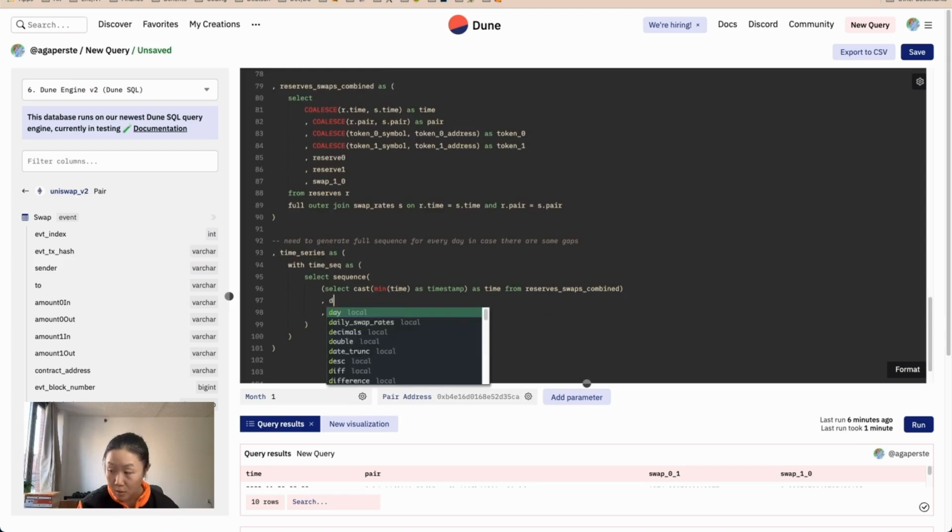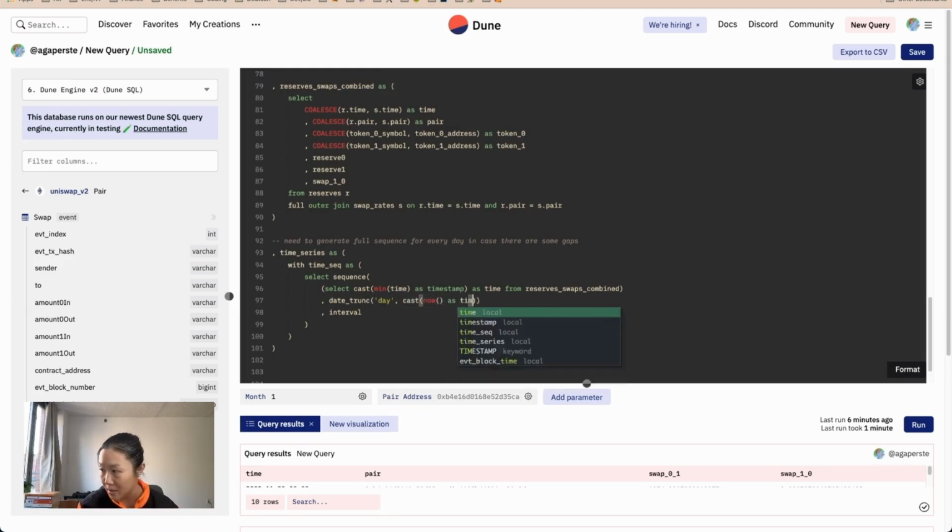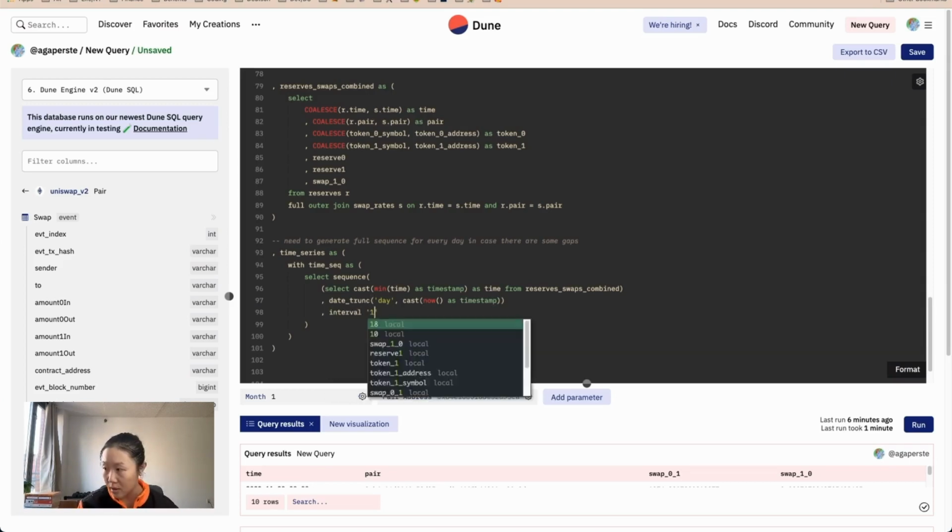The end would be today, so date trunc day of now: we're casting now as a timestamp, and then date truncating now to today's date. And then what is our interval? It's going to be interval 1 day. We want to increment this every day. Okay, so we're going to call this